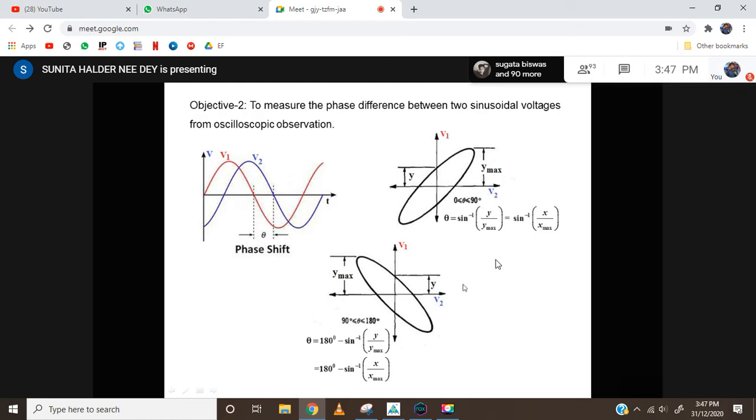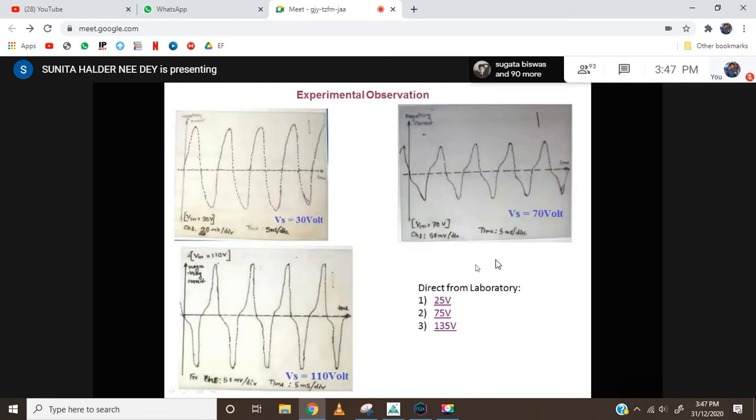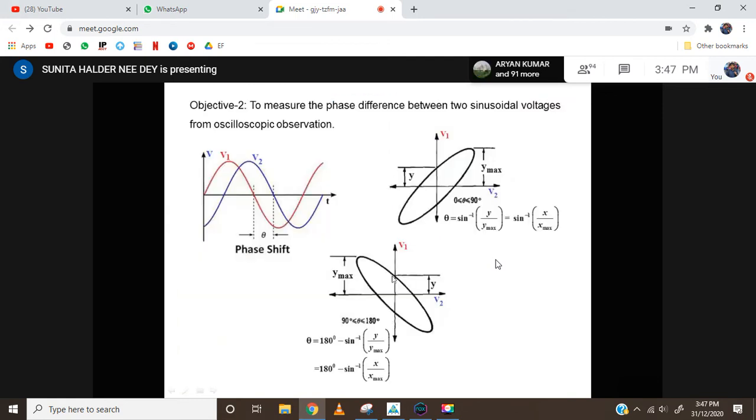So in this way, we can get it. Here the oscilloscope will be simply in X mode or Y mode, because on the vertical axis we have given the voltage, and here it will be in XY mode or dual mode. So for this experiment, we need a dual channel oscilloscope, right? Can you remember this measurement of phase difference by Lissajous pattern to some extent? Have you understood? Yes, ma'am.